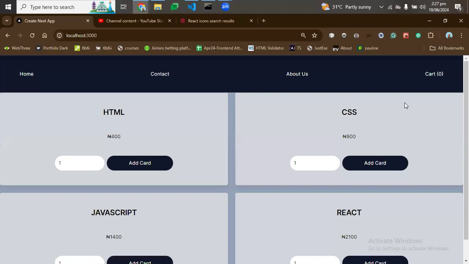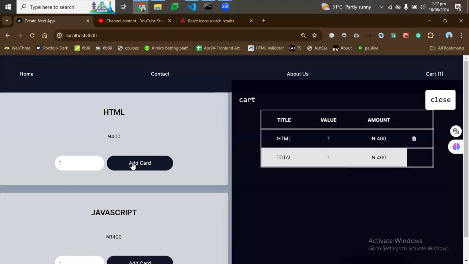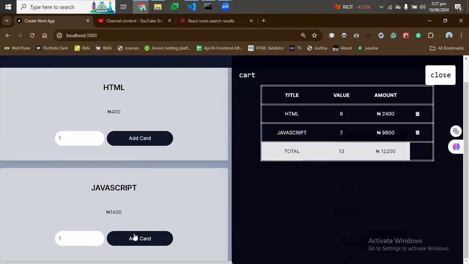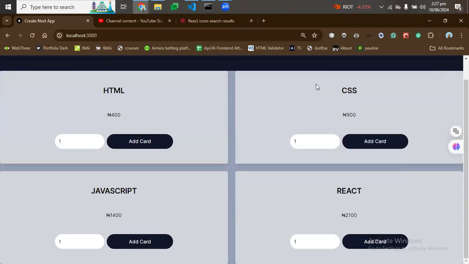Yeah, so you go there, you can see that our cart is empty. This is what is showing us here, cart being empty. So when we add something, whatever we add to cart will be showing to us there. When I delete the last one, cart becomes empty and we can close. So that's it,